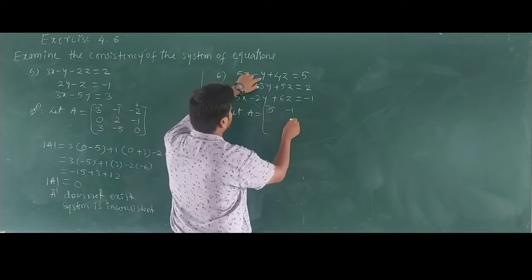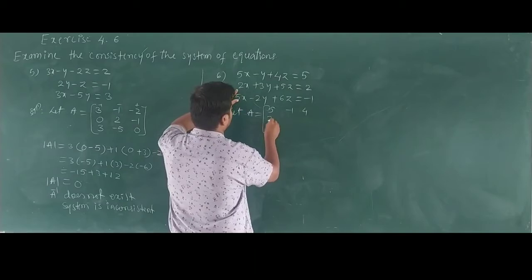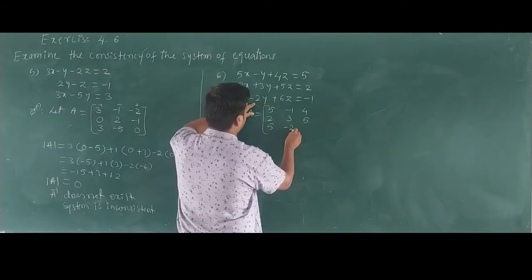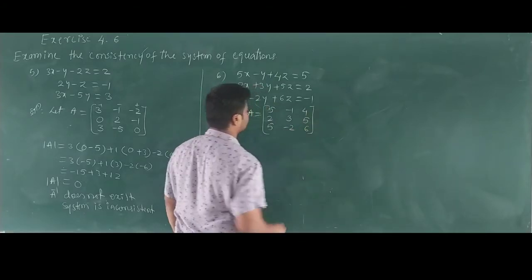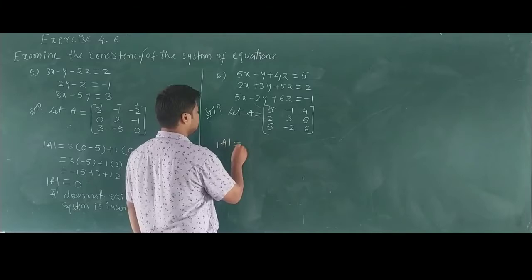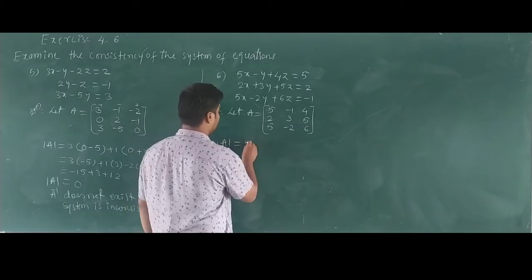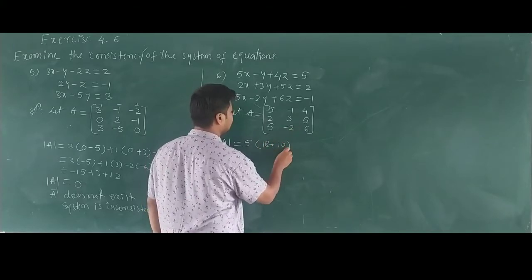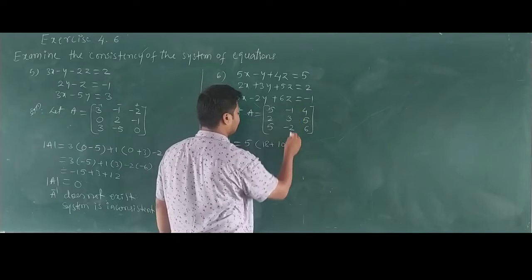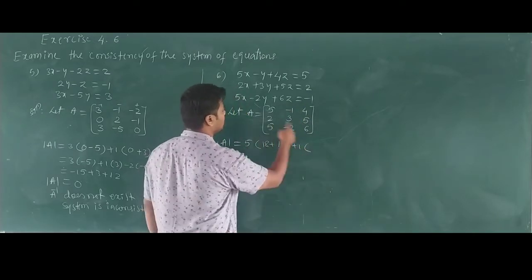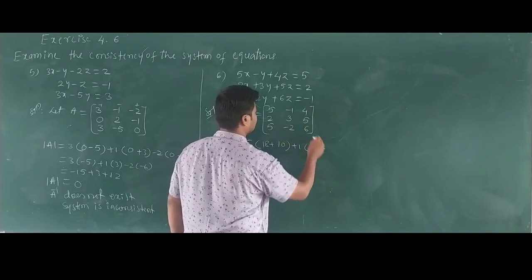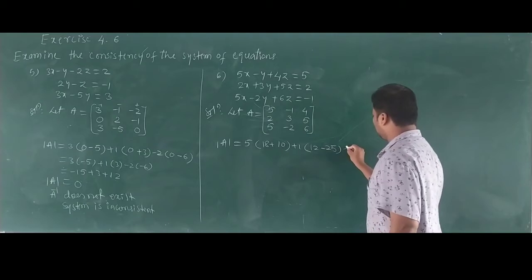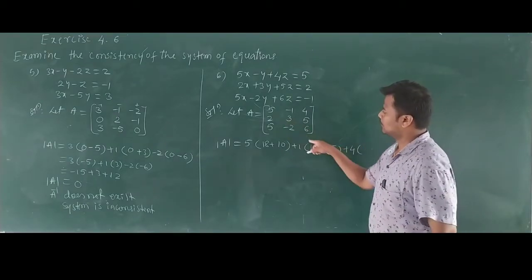Sixth one, solution. Let A equal to 5 minus 1 4, 2 3 5 minus 2 6. Determinant of A: 5 into 18 minus of minus plus 10, this is plus, minus plus 1 into 12 minus 25, okay, next one plus 4 into minus 4